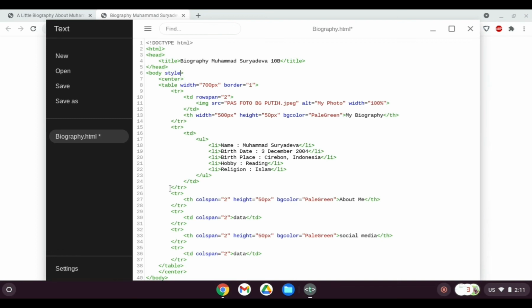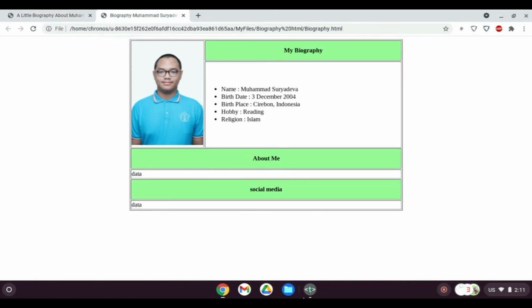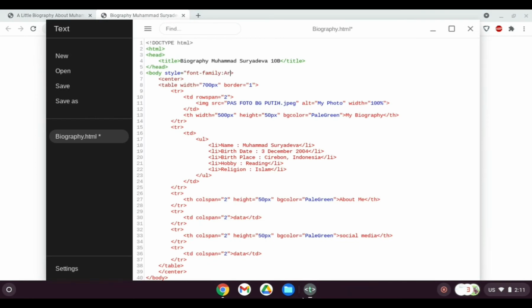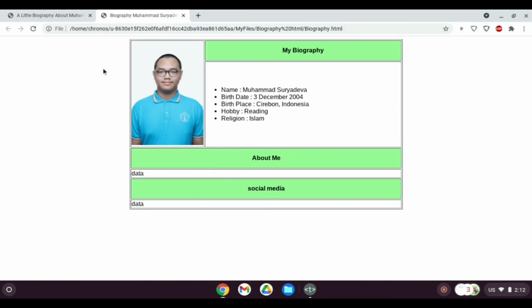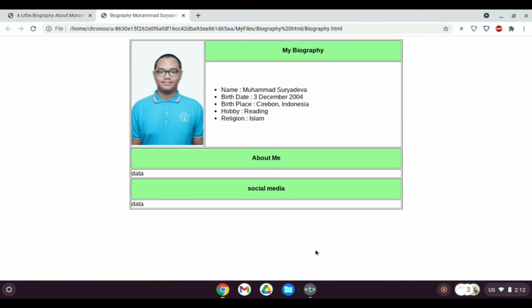You simply put style equals font family. On this one I use the font Arial. You put Arial like this, put this and this. Boom. Now let's save this, and it looks like this.